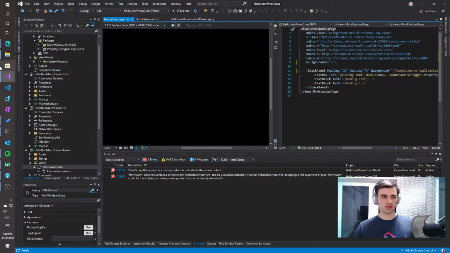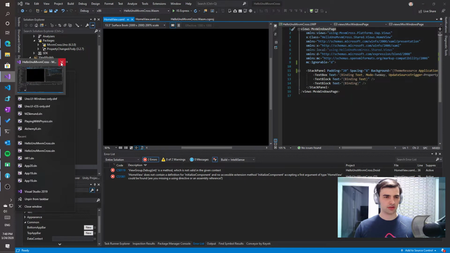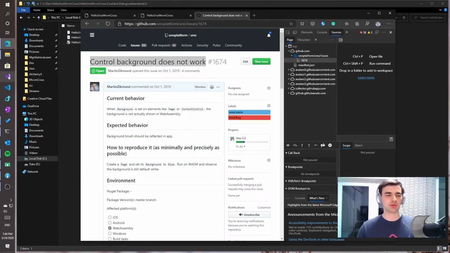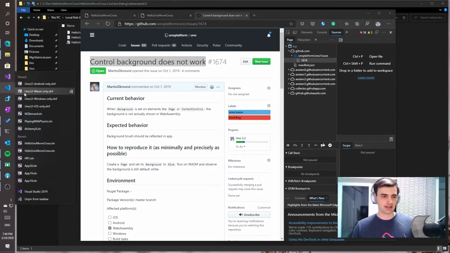which is hot restart, because currently Xamarin Forms team is a lot talking about Xamarin hot restart, which is a great feature which even allows you to run your Xamarin iOS applications on your iPhone without having a Mac or having a Mac connected, and you can run it directly from Windows. And the cool thing that many people don't know is that UNO platform supports this as well, and there is a neat little trick that allows you to actually get it running on UNO platform. So I will try that, and